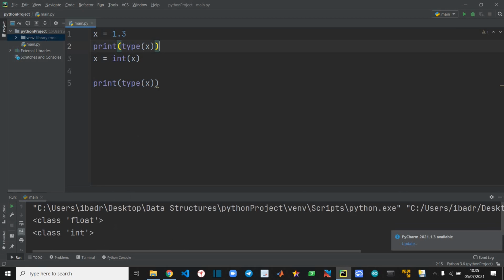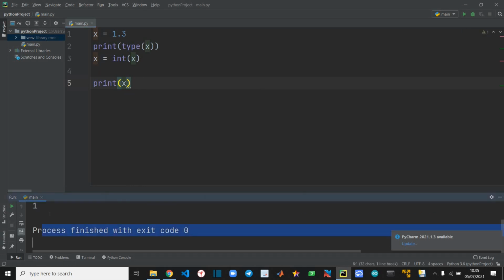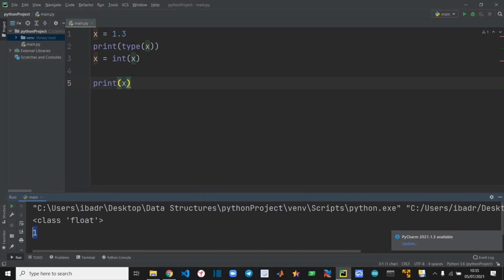If you only print the x, then what is the output? If I print just the x, it will be whatever we have stored. It will be 1, like we first ran. It will be 1 because it is no more 1.3. If you print the x in the column,